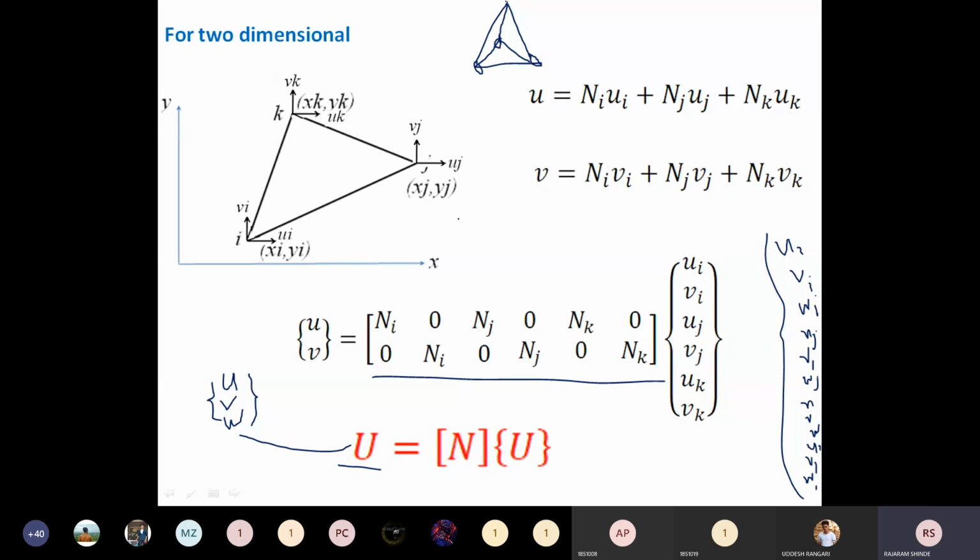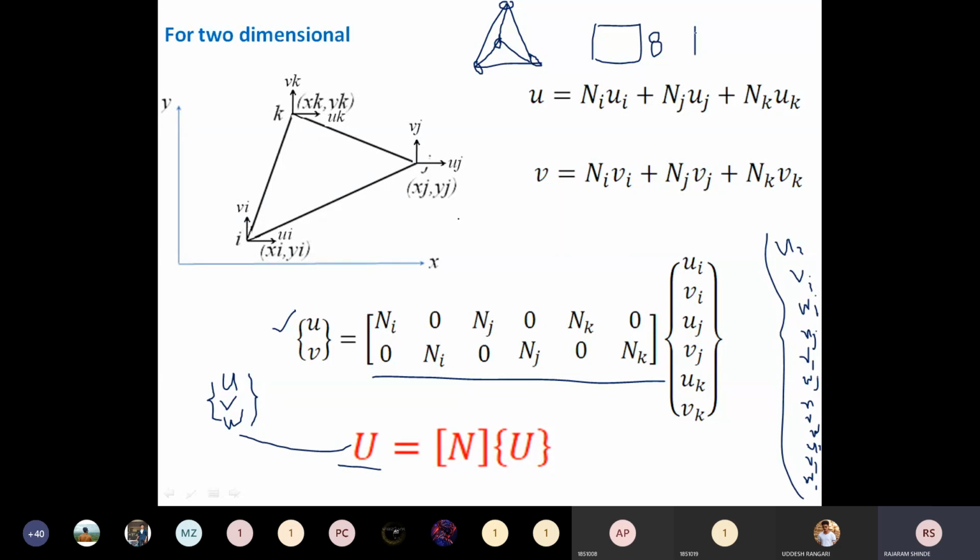Now when we go for a two dimensional rectangular element or quad element, you can see here also you have u and v, but here ui vi, uj vj, uk vk, and ul vl. That means in terms of numbers, u1 v1, u2 v2, u3 v3, u4 v4. That means it has 8 components in the displacement matrix.